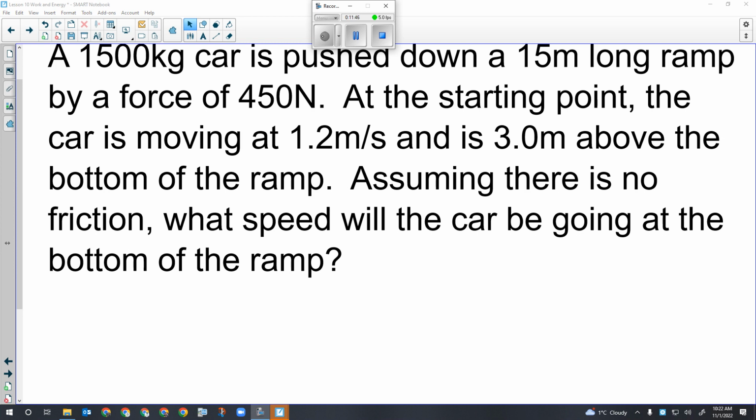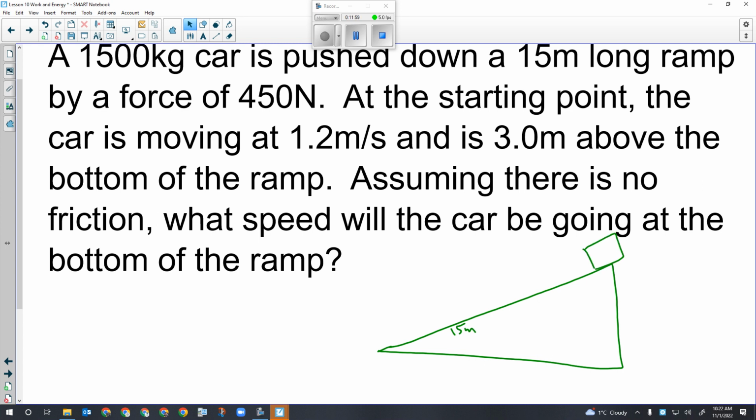Okay, so if we're just setting this thing up, we know that this side of the ramp is 15 meters long. We know that this thing starts at the top of the ramp and is 1,500 kilograms, and the top of the ramp is 3.0 meters above the bottom of the ramp, and that it is moving at 1.2 meters per second, and that when it gets down here, we are looking for